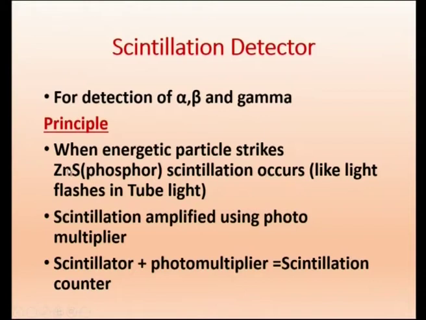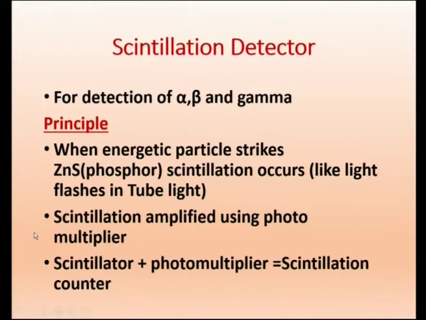Not only ZnS, there are many materials which will emit light when charged particles fall on them. In the tube light, electrons are charged particles which are falling and you get light emission. So it is dark initially and then it becomes bright. Similarly, different materials are used in a color television. In a tube light it is emitting white light. In a color television different phosphors are used, each one giving a different color. Basically we have the primary colors red, blue, green. So it will emit red, blue or green. Combination of the three will give different colors. That is for a color television.